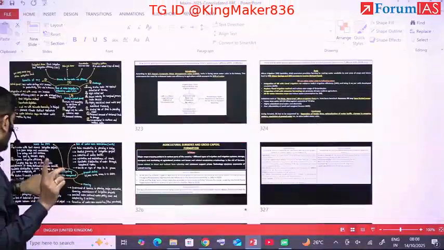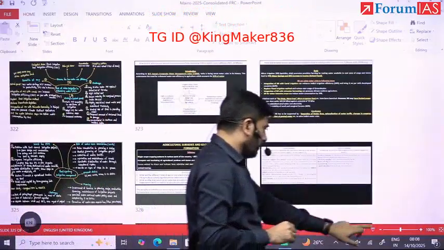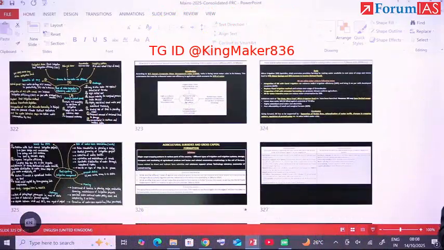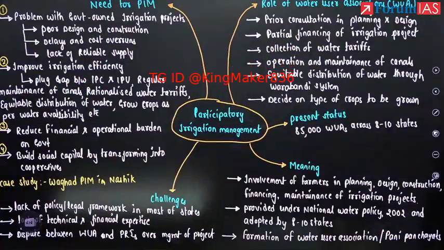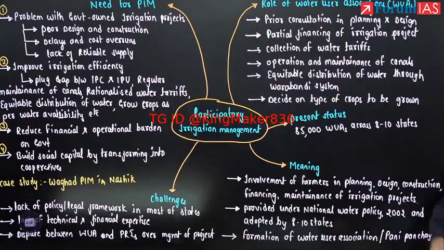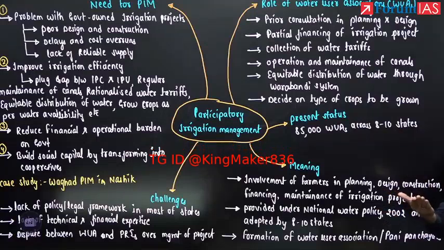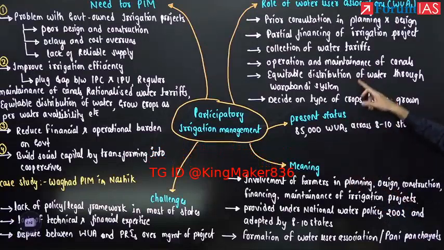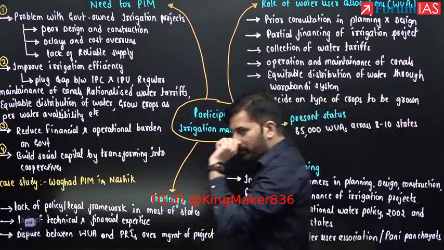There's one topic which I want you guys to complete on your own. It will be there in your test. I will ensure that it is there in your test. So this is the topic, participatory irrigation management. I told you there was a topic which we covered, that there has to be a warabandi system, right? So the same topic I mentioned here. Please read once, participatory irrigation management.